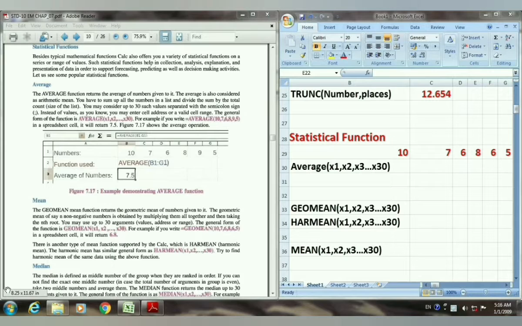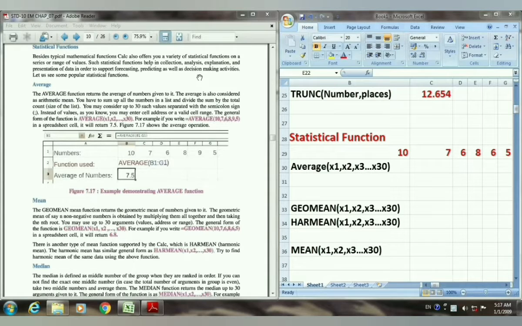So students, now we are going to discuss the next type of function, that is the statistical function. Same as the mathematical functions, Excel also provides a series of functions that support statistical tasks. They help in the collection of data, in the analysis, in the explanation and the presentation of data in order to support forecasting, predicting as well as decision making activities.